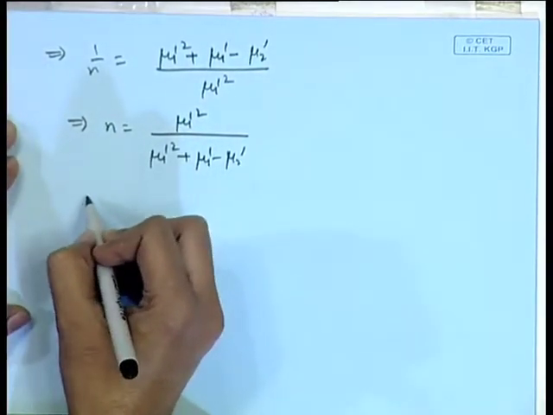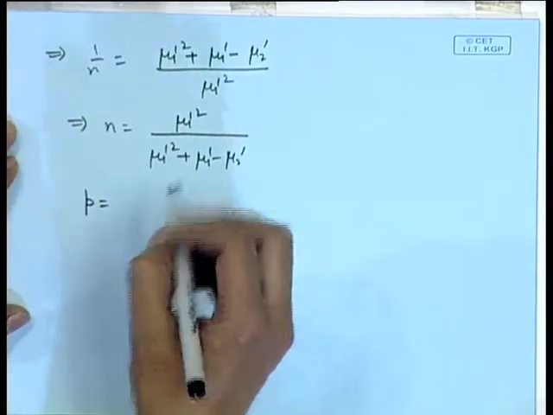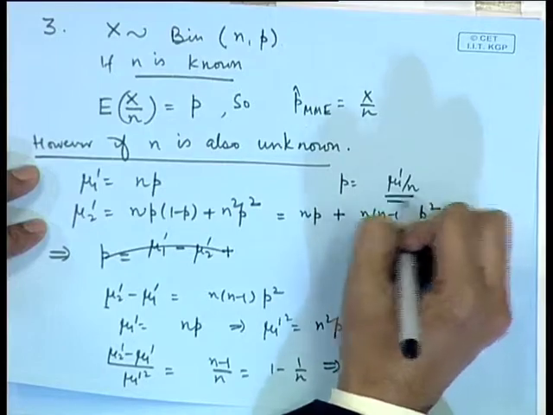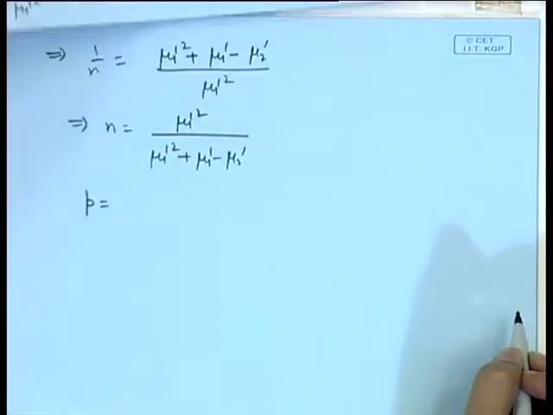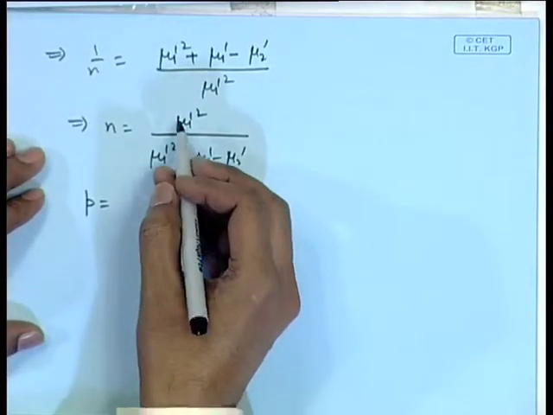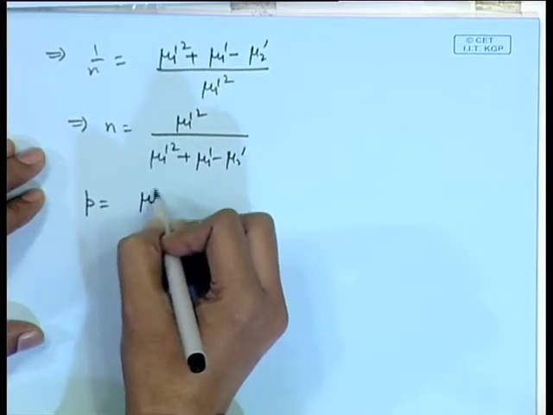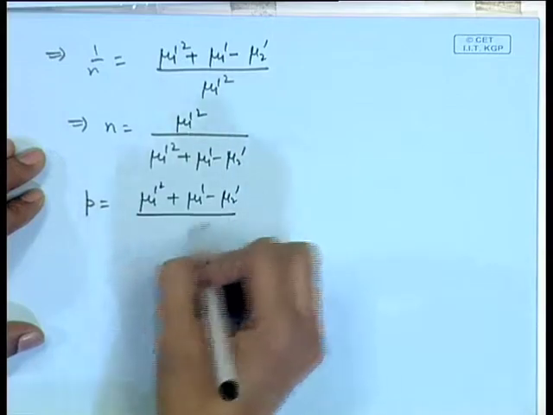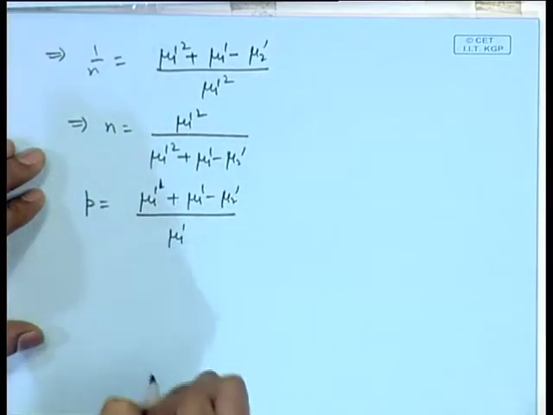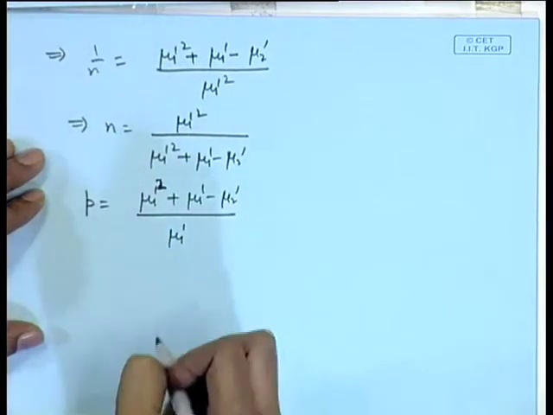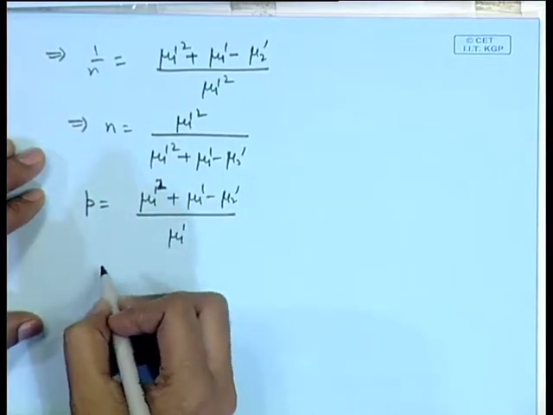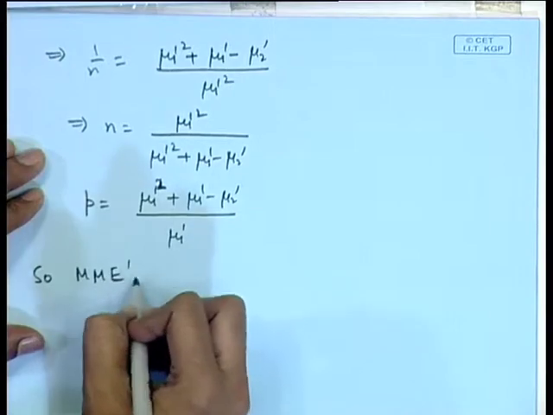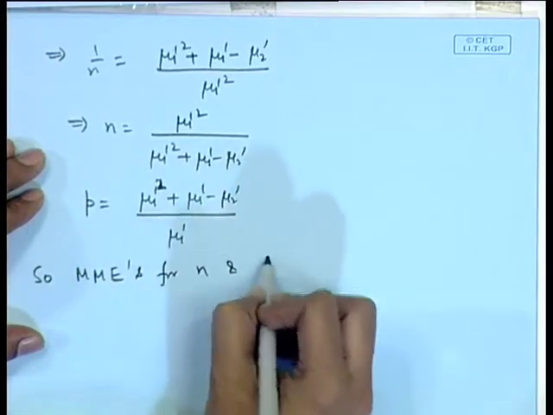Similarly, p is equal to, because from the first one p is equal to mu 1 prime by n. So, if n is already determined, we just substitute there. So, mu 1 prime divided by this. So, that will give me mu 1 prime square plus mu 1 prime minus mu 2 prime by mu 1 prime. So, method of moments estimators for n and p are,